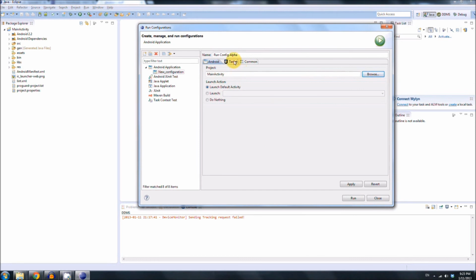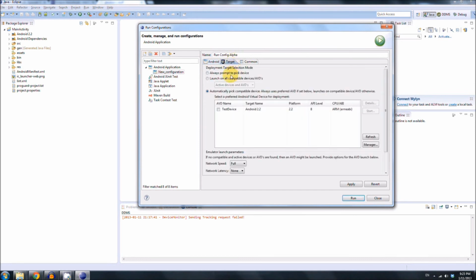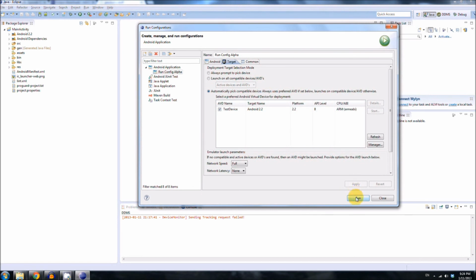and then click target. And oh, one thing I should mention is when we made the Android virtual device, you should probably make more than one. You should probably make a bunch, and that way you can test all your programs on multiple emulated devices to see if they work properly with all of them. So if you did make multiple, you can click always prompt to pick device, or you can click automatically pick this one, and then hit apply,